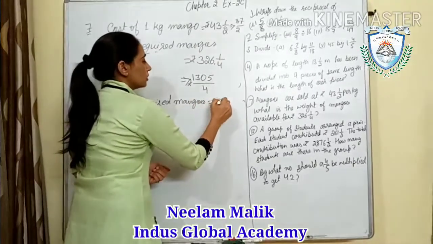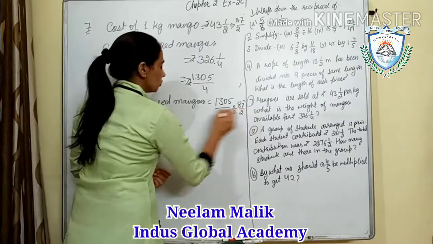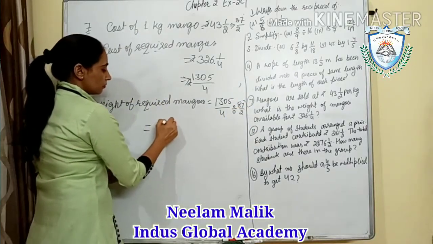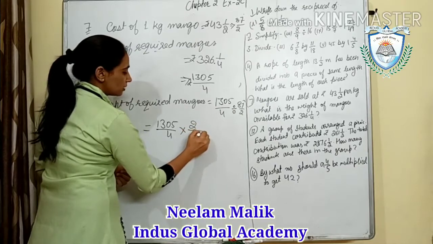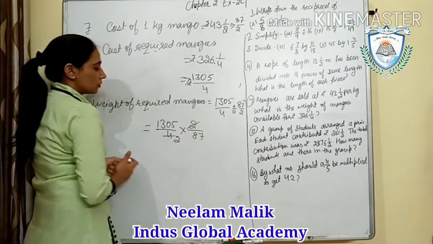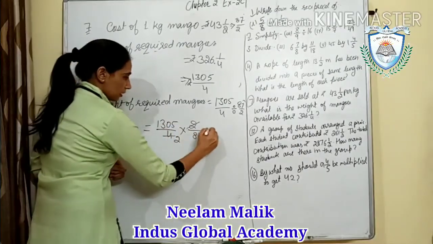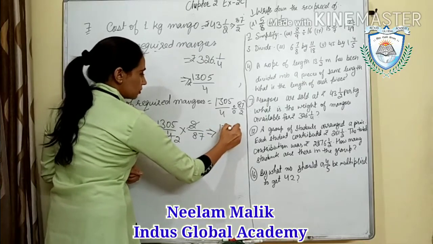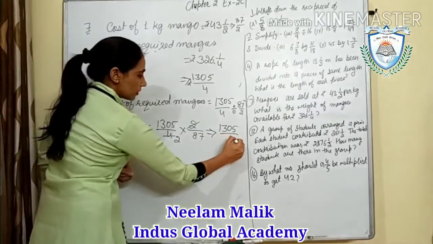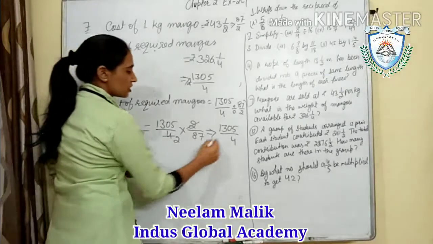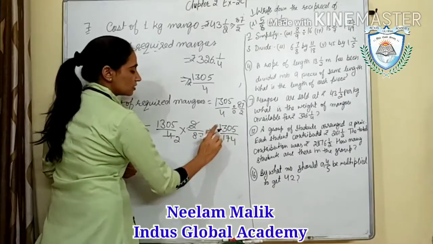Okay, so divided by 87 upon 2. I am writing this here. Divide means multiply. It will be the reciprocal, 2 upon 87. So 2 2s are, okay, 2 2s are. Now what will we get here? As a numerator we get here 1305, and this will be multiplied. 7 2s are 14, 8 2s are 16 and 1 is 17.